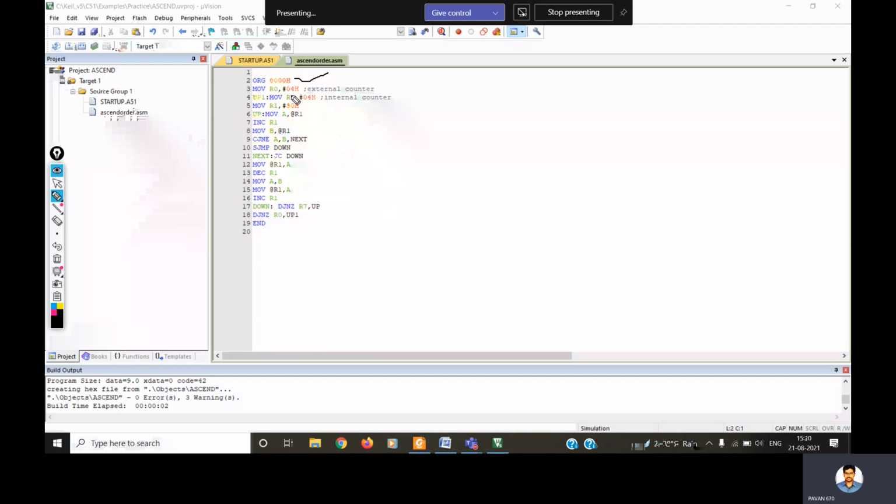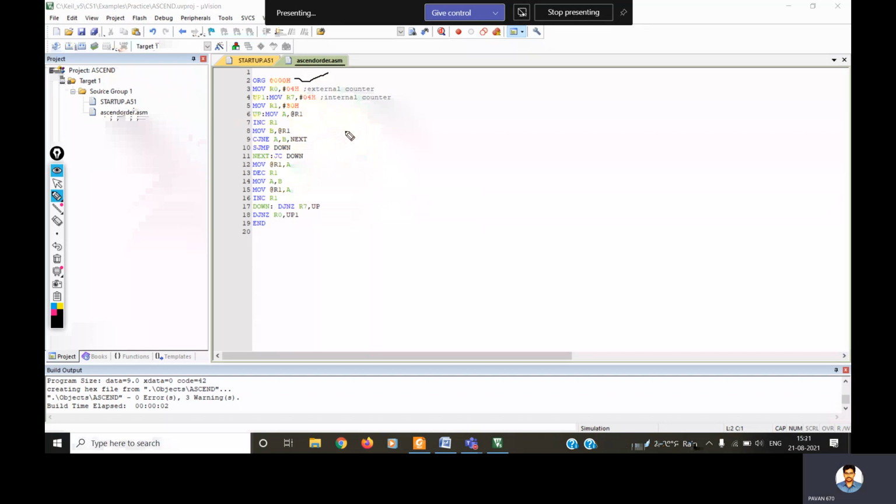Okay. Next one, MOV R0, #04H. So here R0, R7, R1, all these are the general purpose registers which we have earlier seen in the registers window. These are all the general purpose registers available in our register bank, R0 to R7. Among those registers, I am using some of them. And based on the theoretical concepts we have provided, for the register indirect addressing, which is available in our 8051 based microcontrollers, we are supposed to use only 2 registers for accessing the contents in the register indirect addressing mode.